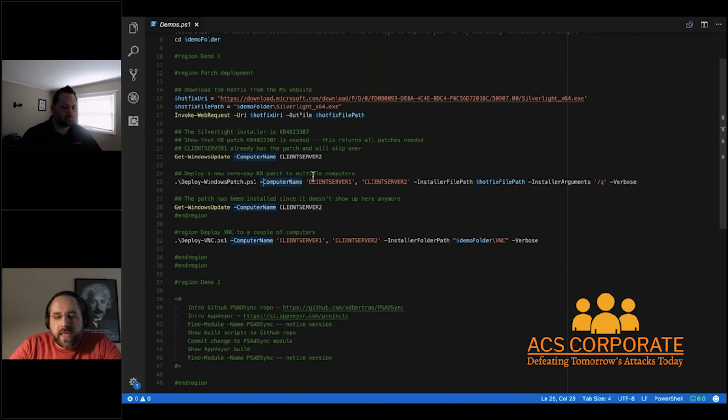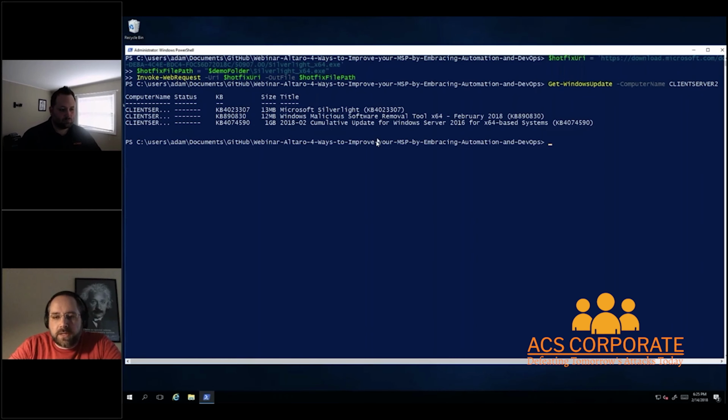So now once I know that I have the patch, then I'm going to deploy it. And I'm going to use a script that I created. I'll show you how I do that in a minute here, but I've built a PowerShell script, and you can see I'm specifying the computer name. It's actually, I'm specifying 2 computer names, my 2 client servers that I have set up. I'm specifying the installer file path, which is just the path to the exe that I just downloaded, and the